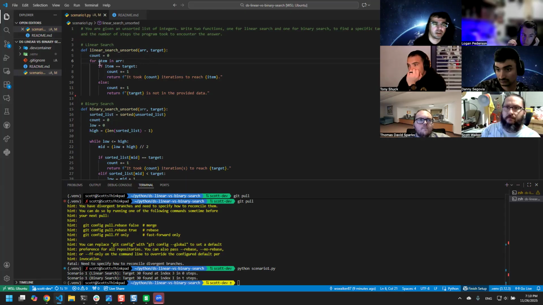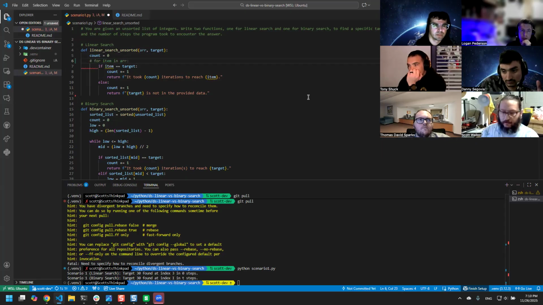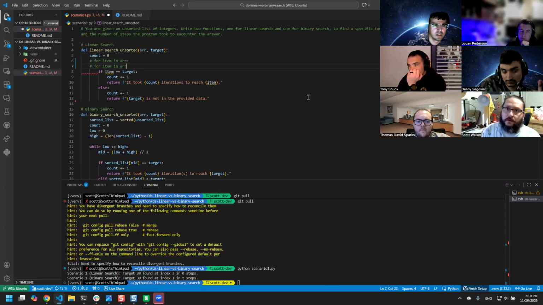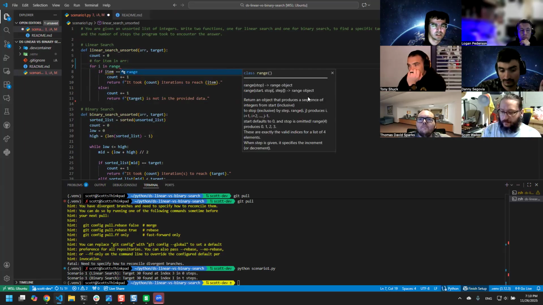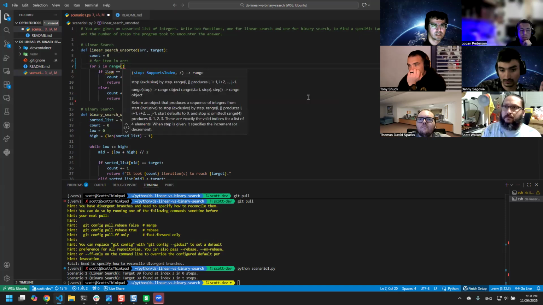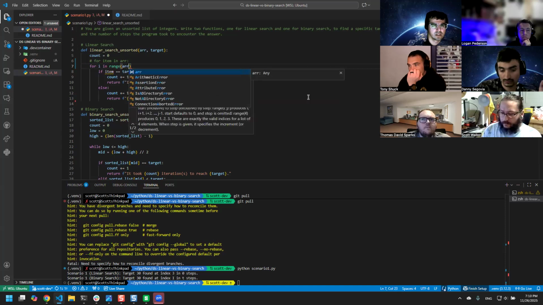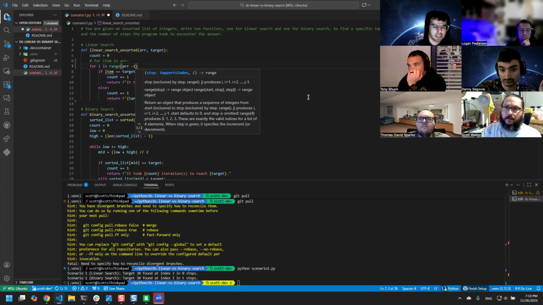Unless you're comfortable with enumerate, which you can use too. You don't need it though. So is that going to be nested inside the for? No, it's going to replace your regular for loop. So for i in range, missing length right there, length of r.